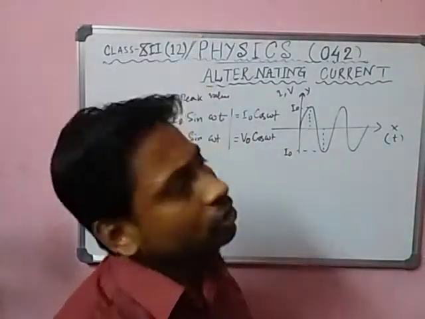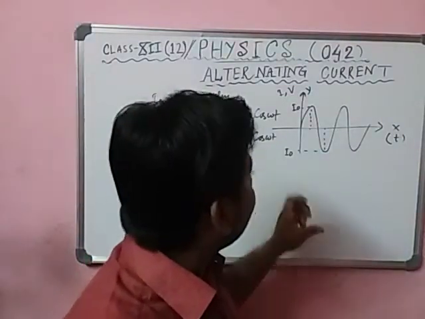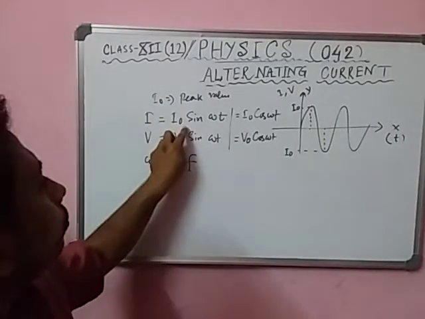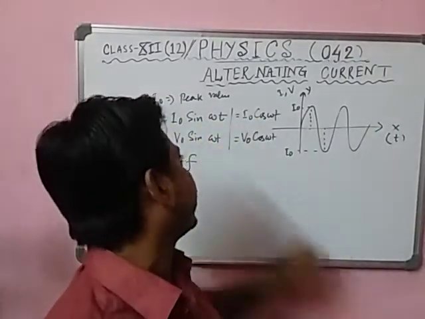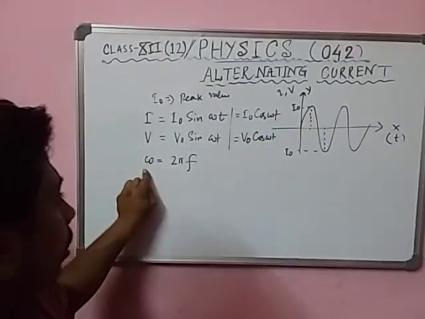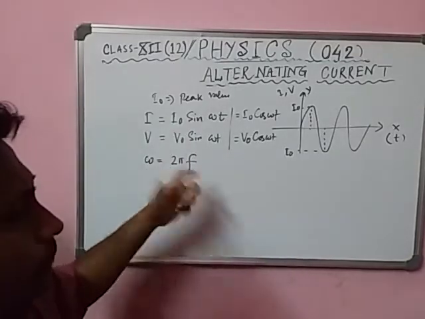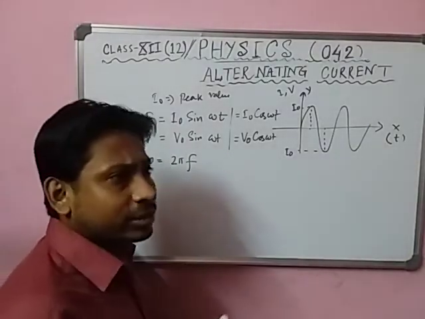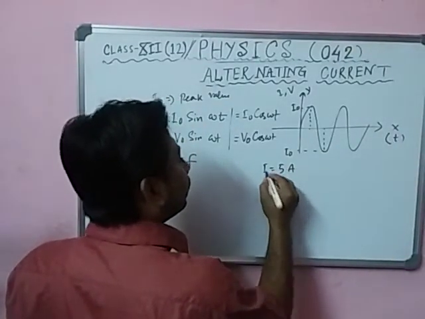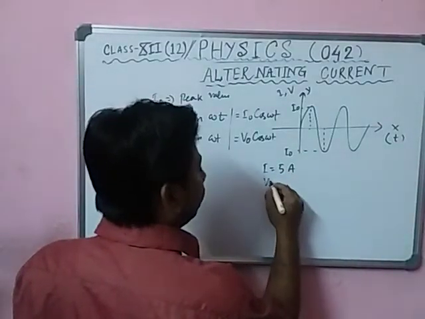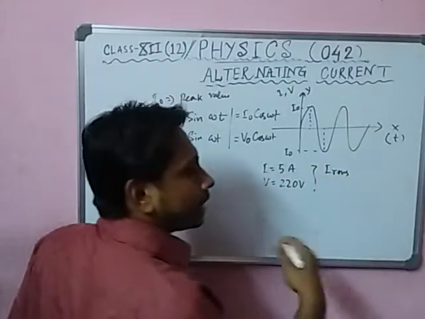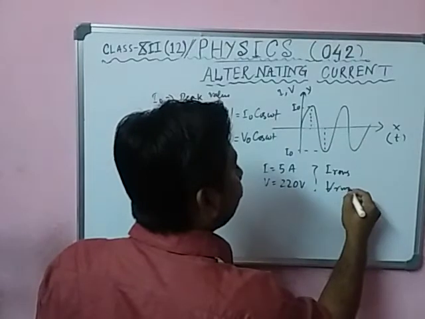So easy. Alternating means it will alter its magnitude as well as polarity, so we get a continuous value. So we use I equal to I0 sine of omega t or cos omega t. Here I0 is the peak value, I is the function of the wave, and omega is called the angular velocity, 2 pi f, where f is frequency. Generally on any electrical instrument you will see I equal to 5 ampere. This is actually the RMS value. V equal to 224. These are the effective or RMS values. Later we will discuss it.